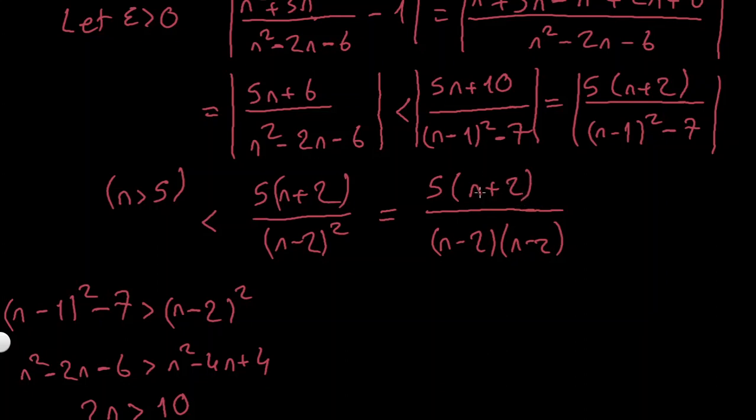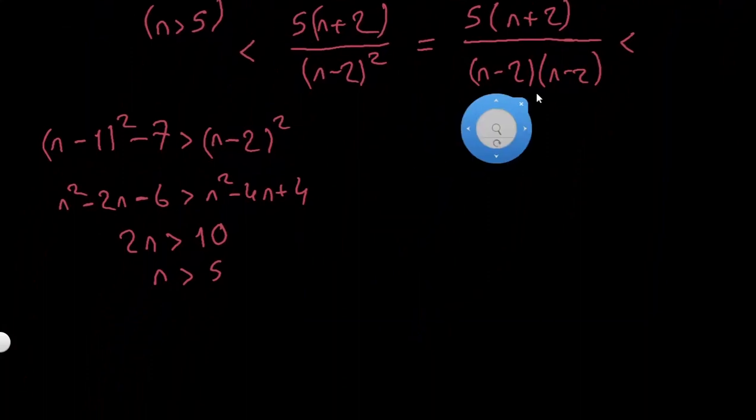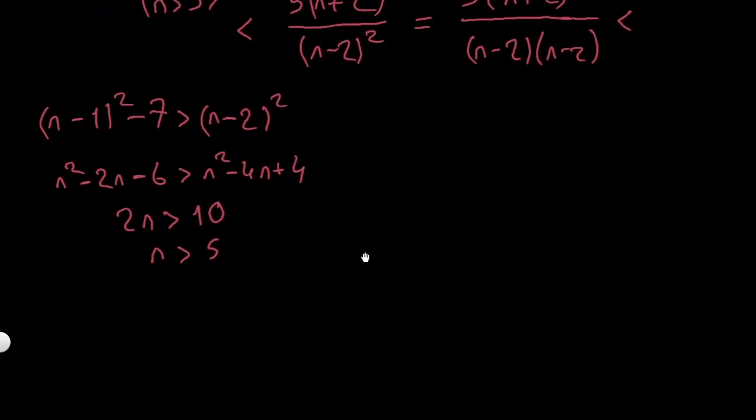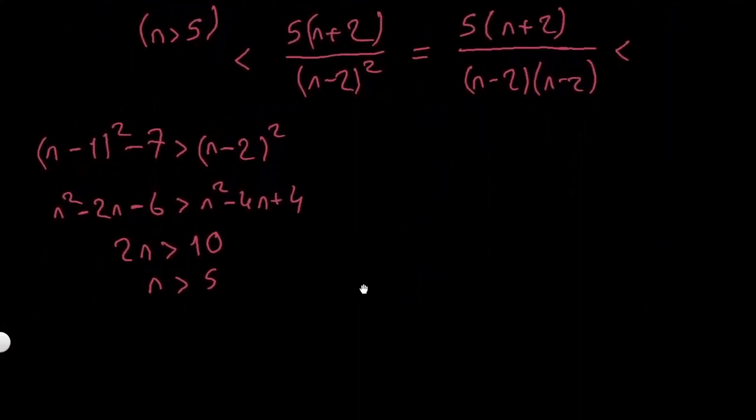So if I say (n + 2)/(n - 2) is not less than 1, I can just write that, but it will probably be less than 1 over half, because I'm using another inequality. I'm trying to make my life easier, okay? So I'm trying to see, would this be true if I say (n + 2)/(n - 2)